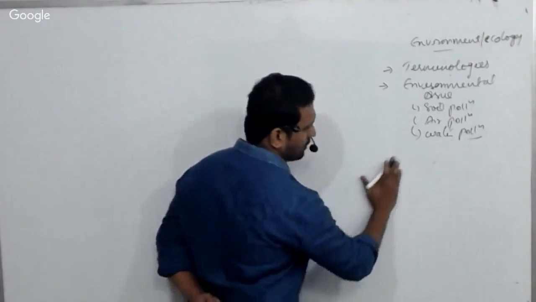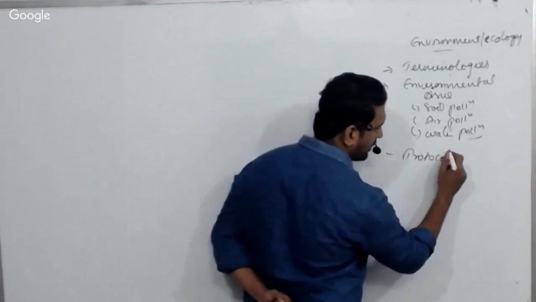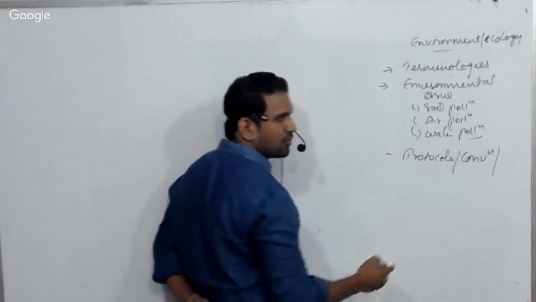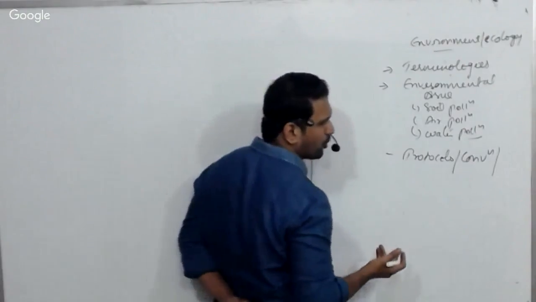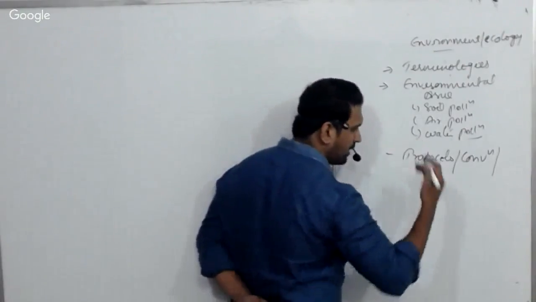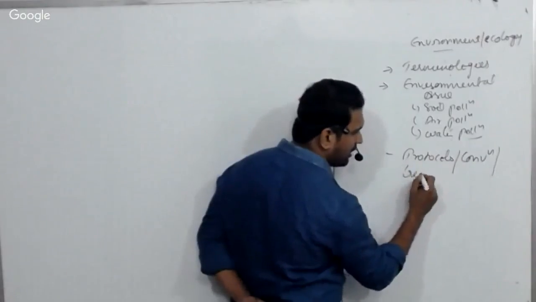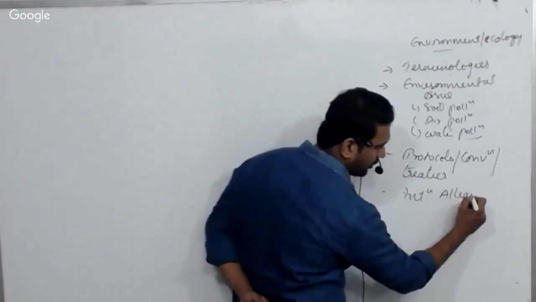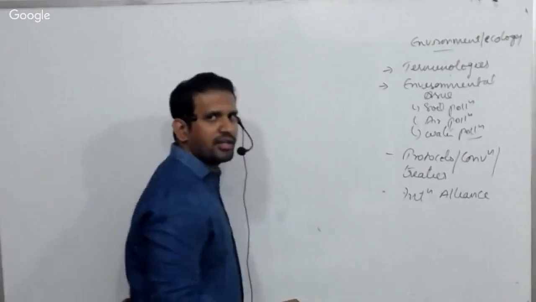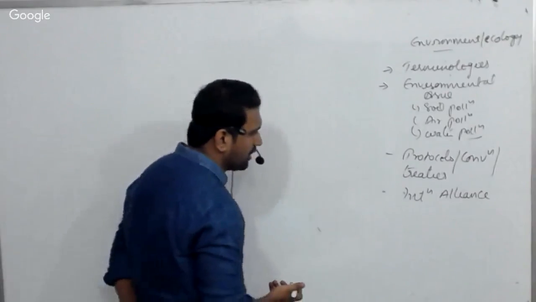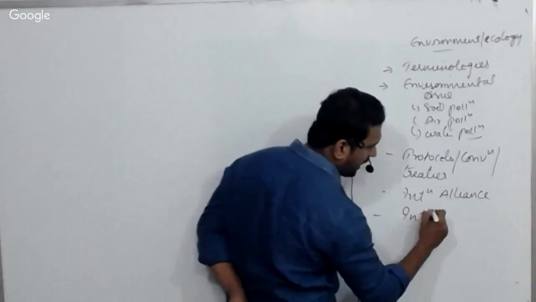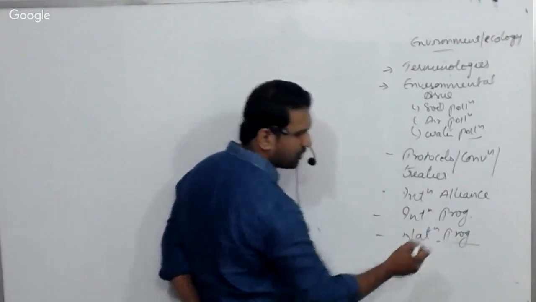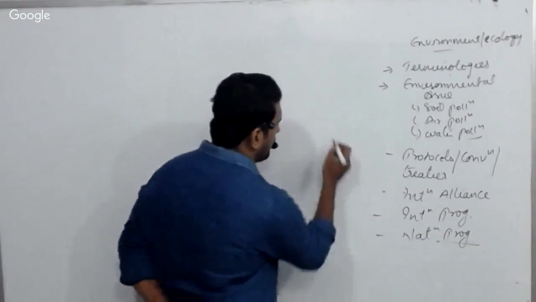Then we are going to learn about the protocols. Are there any protocols? Yes sir, the Montreal protocol is there, Basel conventions are there, the Convention on Biological Diversity is there, the Nagoya protocol is there, the Cartagena protocol is there, many are there. Protocols, conventions, treaties. Then international alliances like UNFCCC, the International Solar Alliance which we are spearheading, international programs. Then national programs, national initiatives. Then what are we discussing?